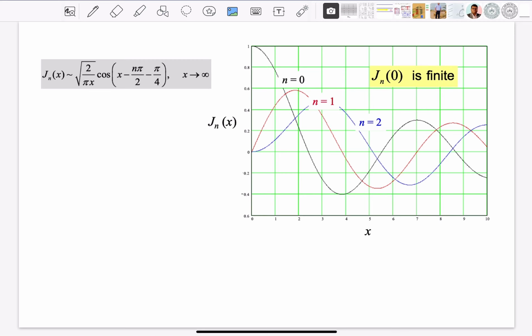If it's tending to infinity, you can calculate Jn like this, whereas if x is tending to 0,